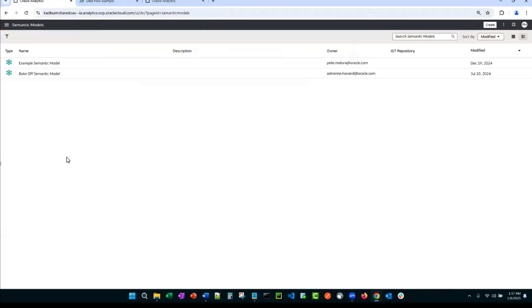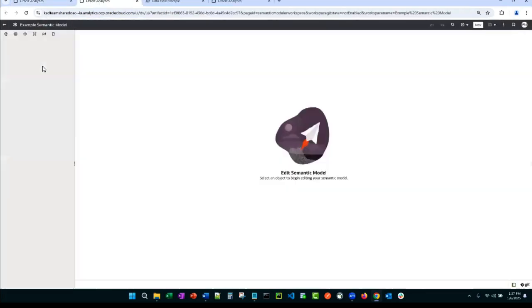This is our strongest data modeling tool we offer. It is built directly within the platform. And I'm going to go into an example. Data models or semantic models really provide organizations with that one version of the truth. And within here, it couldn't be easier. You start by connecting to all your data sources. These could be Oracle, non-Oracle. You pull in all of the tables, all of the SQL statements, all of the views that you're going to utilize in your data model.